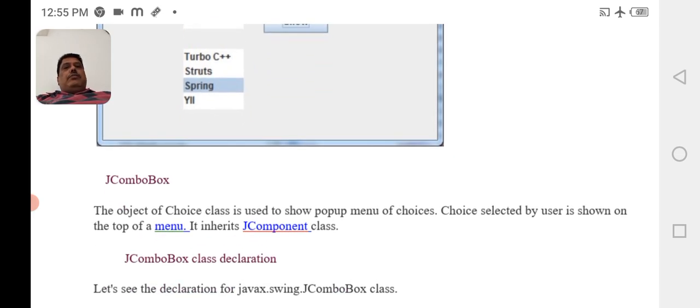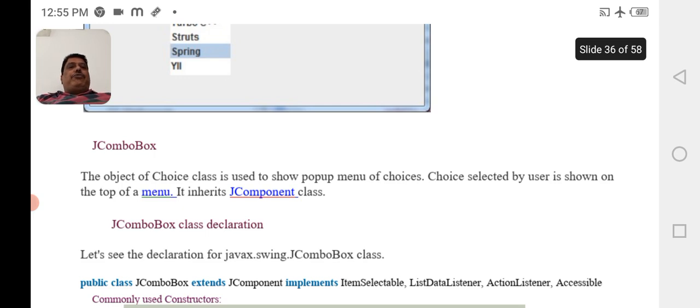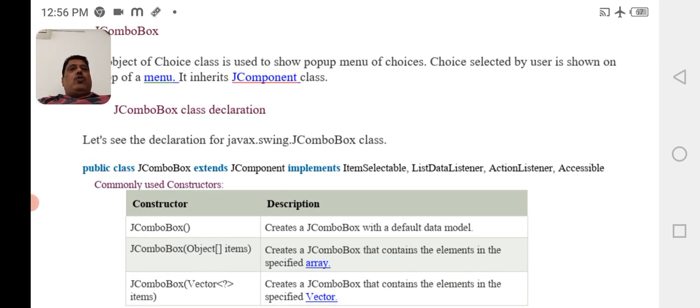Another component is JComboBox. The object of the Choice class is used to show a pop-up menu of choices. The choice selected by the user is shown on the top of the menu. It inherits the JComponent class. The JComboBox class declaration is: public class JComboBox extends JComponent implements ItemSelectable, ListDataListener,